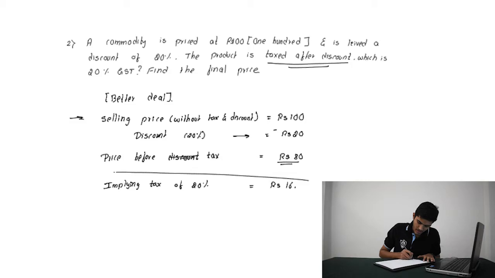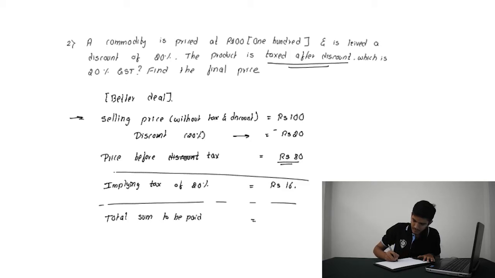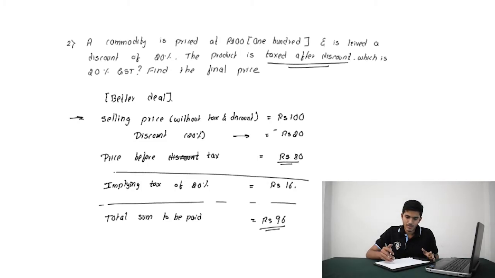So what we get here after tax, total sum to be paid equals 96 rupees. So you might see here this answer in this question and the previous question is same. This happened because there is 20% and 20% discount and this thing is same. But unlike other problems which we will be discussing in later sections, this won't be same. So you have to be very careful here when to consider discount and when to consider tax. This is very important. So let's move on to next problem.